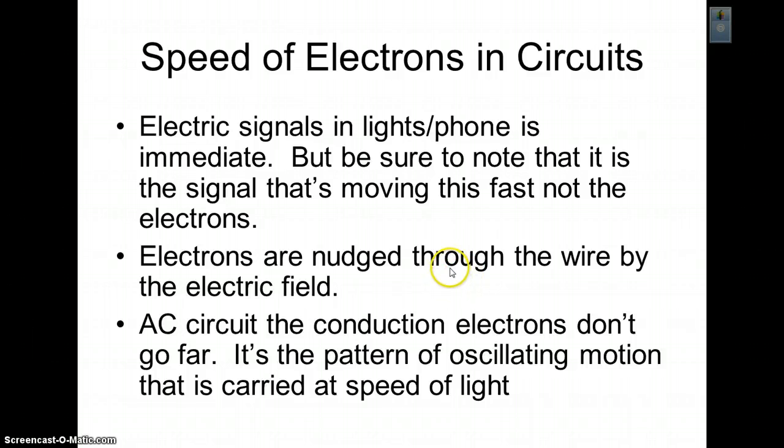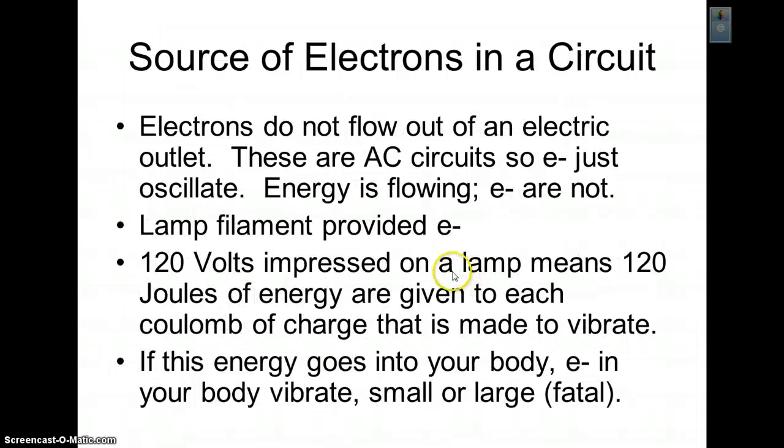Again, regarding the speed of electrons in the circuit, it's the signal, the energy that's being transmitted, not the electrons. Electrons are nudged through the wire, they certainly move, but they're not moving at the speed of light. It's the signal and the energy. Okay,